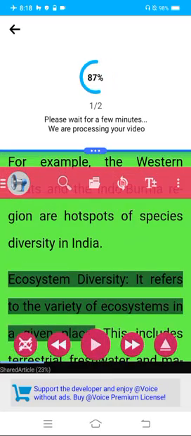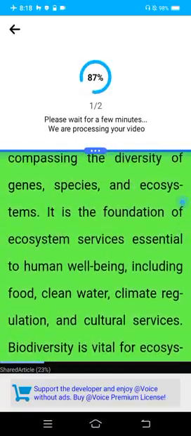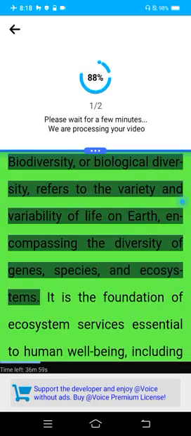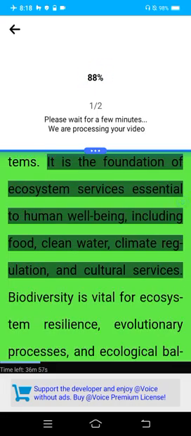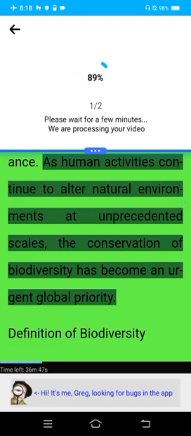It refers to the variety of ecosystems in biodiversity and its conservation. Biodiversity, or biological diversity, refers to the variety and variability of life on Earth, encompassing the diversity of genes, species, and ecosystems. It is the foundation of ecosystem services essential to human well-being, including food, clean water, climate regulation, and cultural services. Biodiversity is vital for ecosystem resilience, evolutionary processes, and ecological balance. As human activities continue to alter natural environments at unprecedented scales, the conservation of biodiversity has become an urgent global